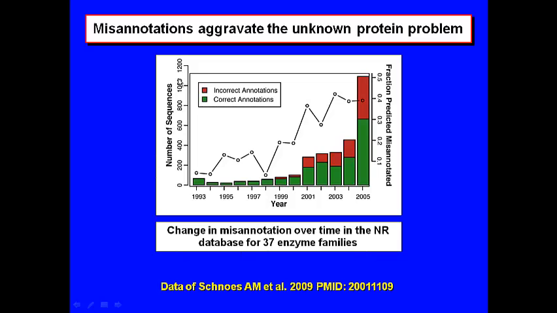So that's the number of sequences, and the block. Ignore the dots connected; they're not really helpful. In 1993, say about 80 sequences were put in. The green part of that is correct, with a tiny incorrect part, and that carried on till the end of the 90s. After that, genome sequencing really came in, and people started propagating annotations by homology, as opposed to actually knowing what the gene did when they put it into the database.